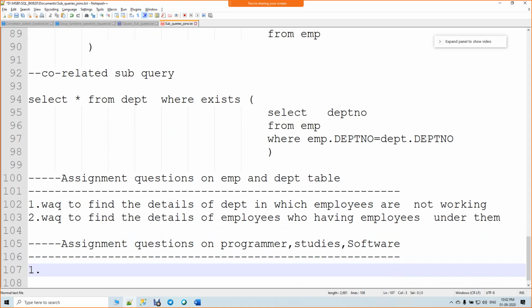Able to execute the 3 tables? Yes, Vijay. Completed? Okay.